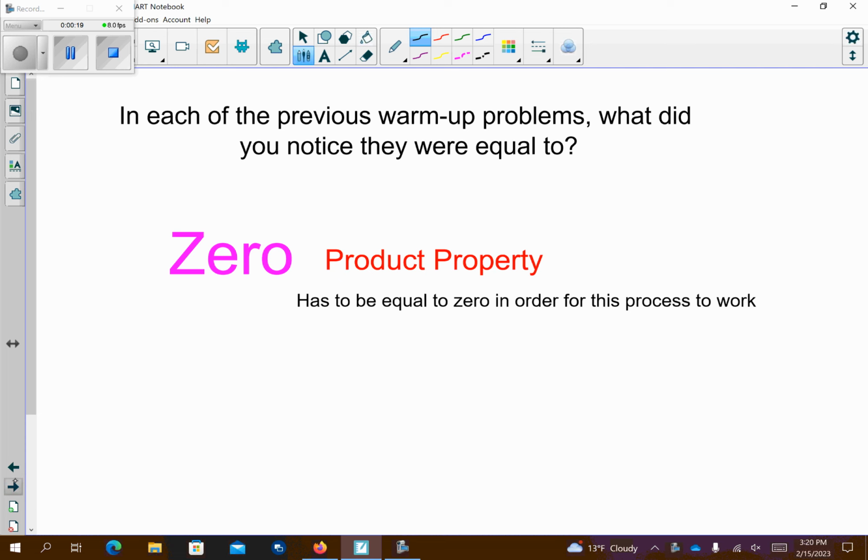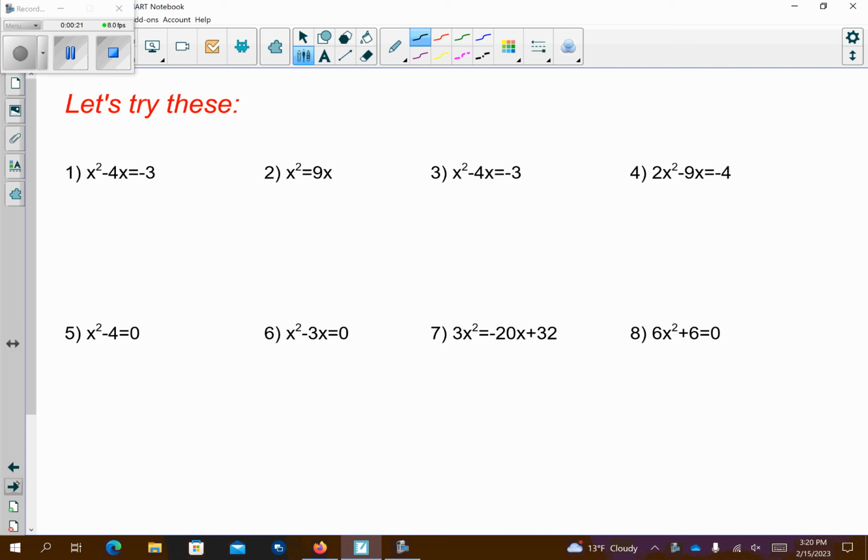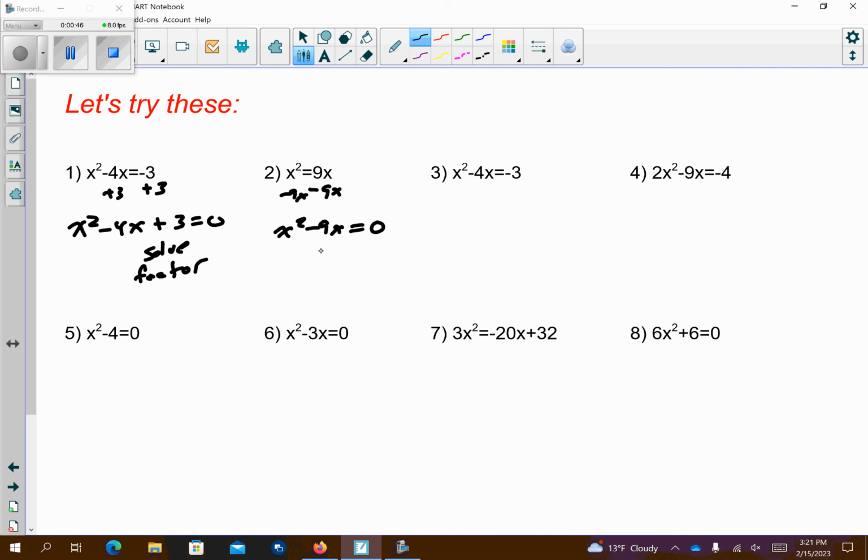Zero product property has to equal 0 in order for the process to work. So if I want to make this equal to 0, I'm going to add 3 to both sides. So I get x squared minus 4x plus 3 equals 0. And then you'd solve it, like we've done, the factoring. Okay? This next one, I'm going to subtract 9x from both sides. Say x squared minus 9x equals 0,